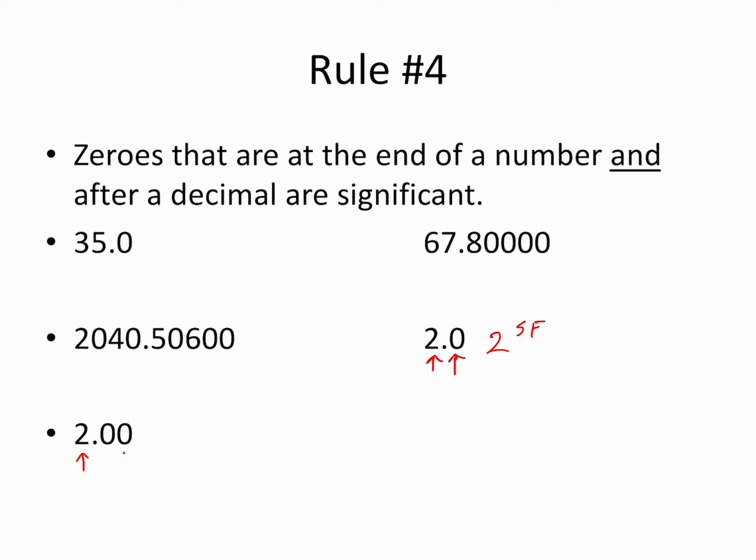But our new rule says this is a significant digit because this is a 0 at the end of a number and after a decimal. So now the 0 that was in the middle is seen as significant because the last 0 was significant. So we created a point of reference to be able to use for this. And so this one has 3